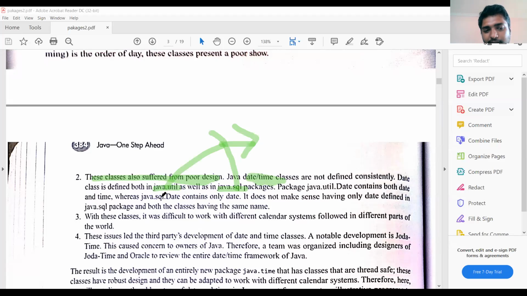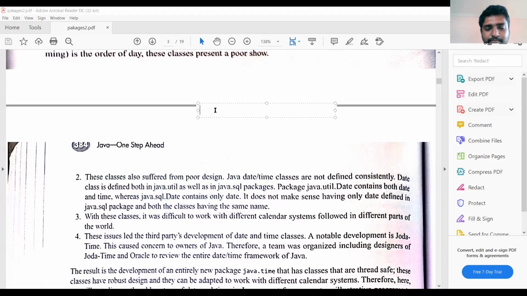But in java.sql, Date contains only date. That means the Date class contains only date, there is no time. But in the util package, there is also time. Let us understand it like this.